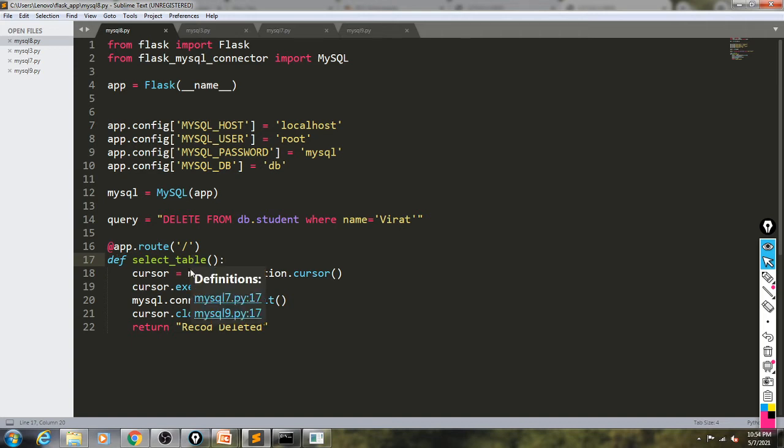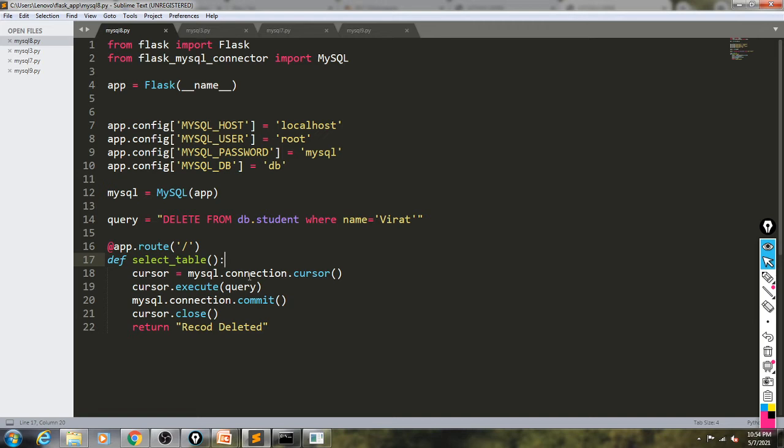Then again one URL is there, cursor is defined here, cursor.execute query, we are going to execute the query. Then commit method is there, and the message is record deleted. Okay, so with the help of this script we can delete a single record or group of records.